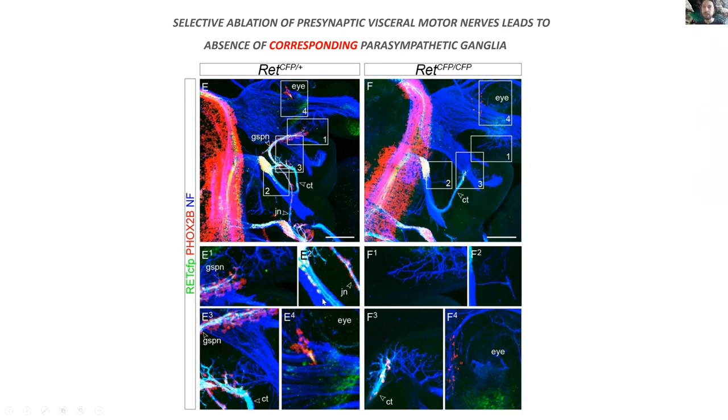On the left panels, you see the controls. And the ganglia forming at the tips of these nerves, they are red. You can see these nerve-associated beautiful red cells. And if we use the mutation in the red gene, if we substitute the red receptor with 2 CFP proteins, like in